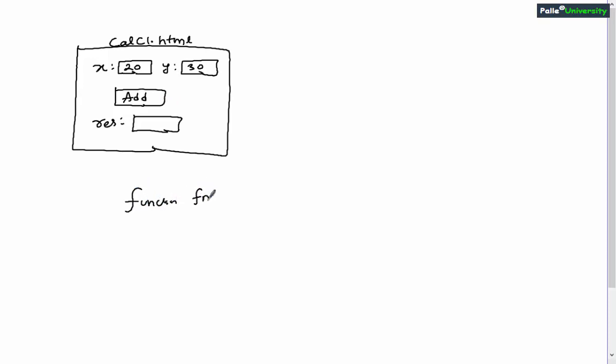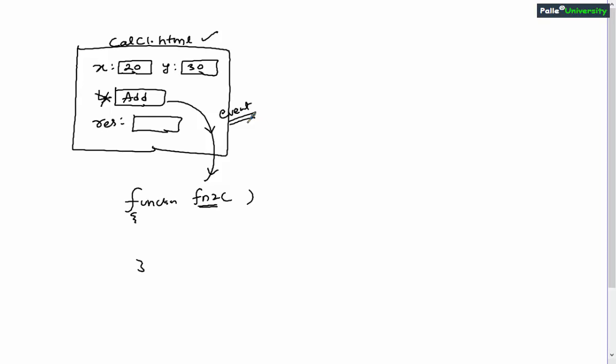So we'll be creating some JavaScript function in the calc1.html file, and when the user is moving the mouse on top of the button control, we need to call the JavaScript function. But observe carefully here, my requirement is I don't want to call this function when the user clicks on the add button, right? So when the user is moving the mouse on top of the button control, that point of time I want to call the JavaScript function. That is my requirement. Okay. So for achieving this, you need to identify the proper HTML event. That is the main task over here.